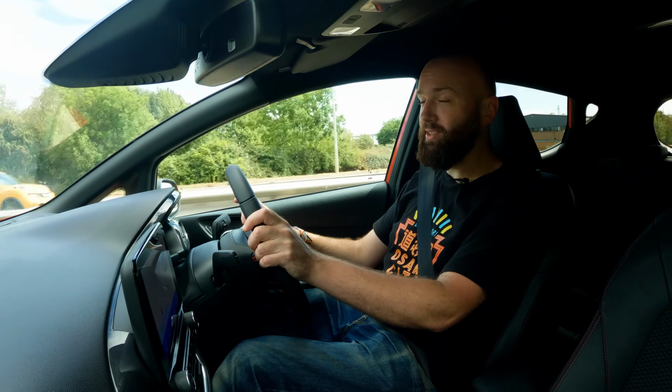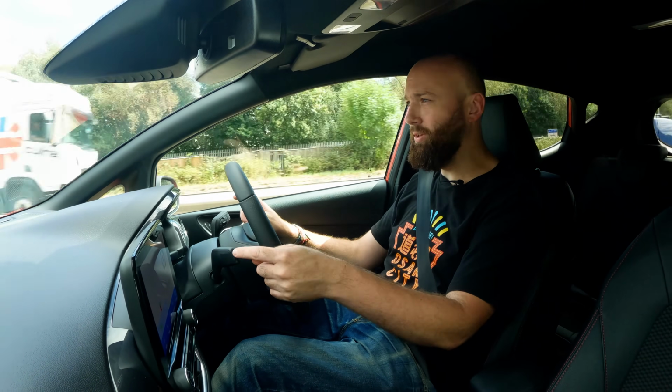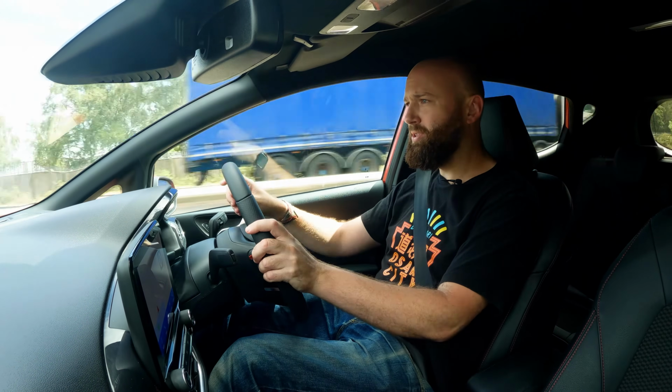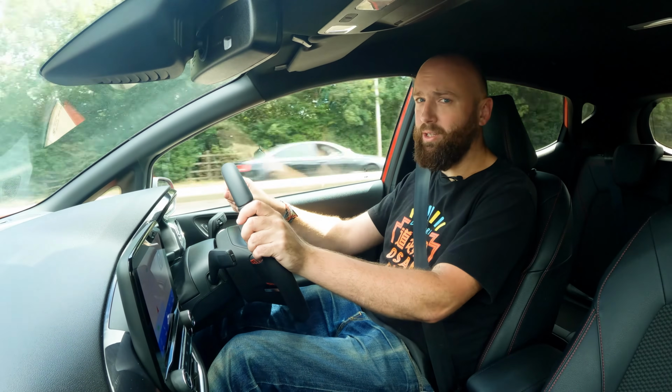In terms of driver assistance tech, I've got lane keeping assist, which I can turn off and on very easily using a button on the end of the indicator. I've got cruise control. It's kind of got everything you would expect for a big car, let alone a small,